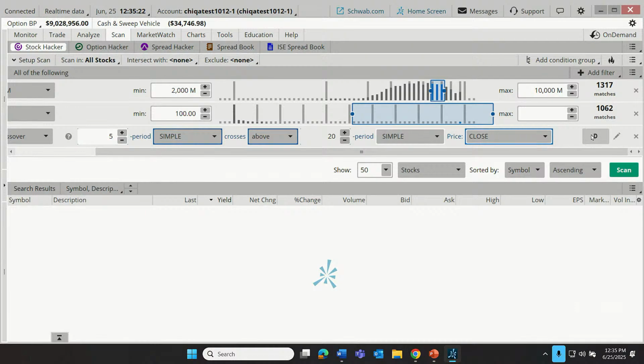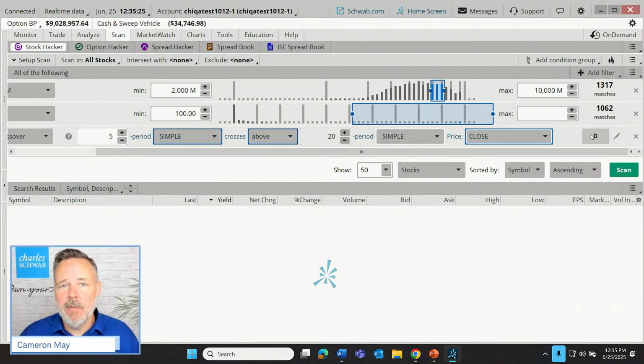Oh, Brian says, I'm not permissioned to use study filters. Brian, thank you for pointing that out, because these study filters are only available on the live platform. They're not available on Paper Money. So that's why you're getting that error. It's not anything you're doing. It's just that this is a live only tool. Okay. So this is sort of a fake live only account that I've had created that we've been provided with as presenters. Yep. So notice up here, it doesn't say that this is a Paper Money account. It doesn't say simulated trading. Yep. Kevin, thank you for a little clarification there.